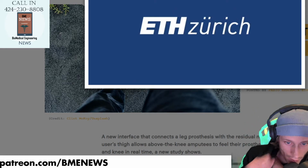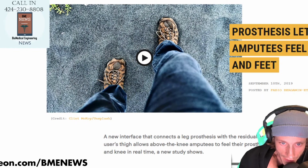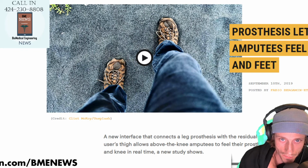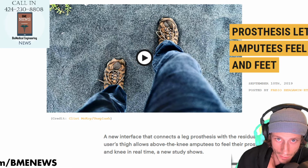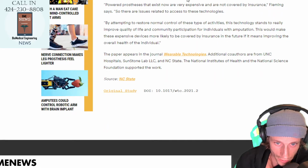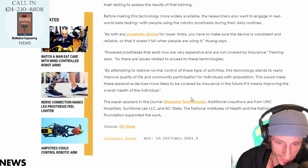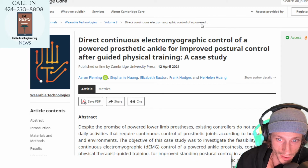That's really cool. Alright, I'm sold. I love it. How have I not heard about this? Sensors on the bottom of the foot and then electrodes going into the nerve. Wow, love it. Alright, so powered ankle makes it a little bit stronger. This was published in Wearable Technologies. Additional co-authors from UNC and